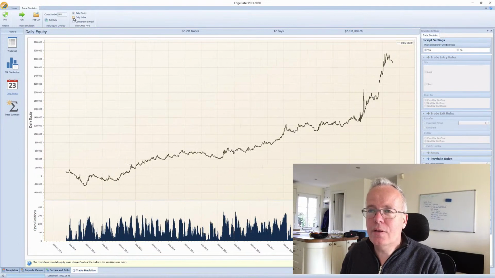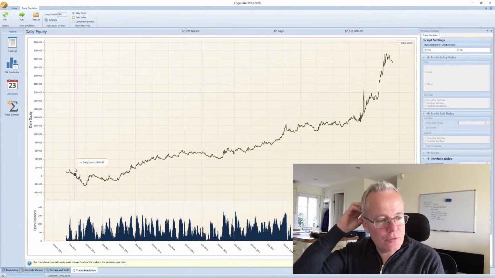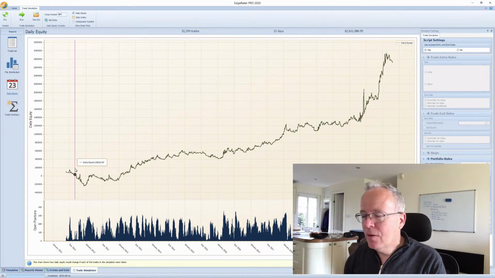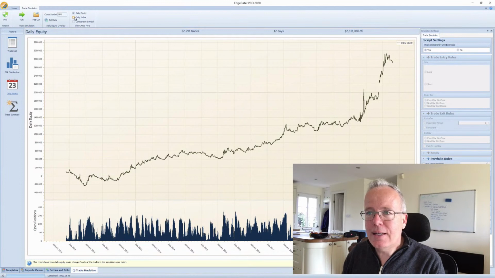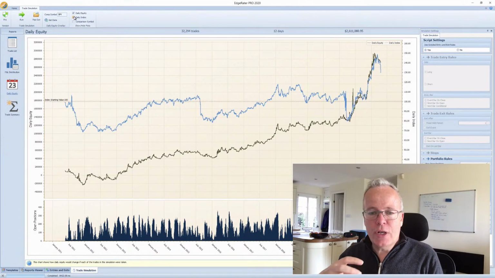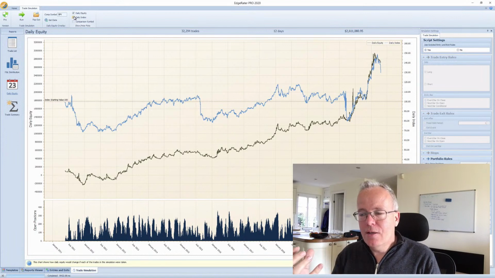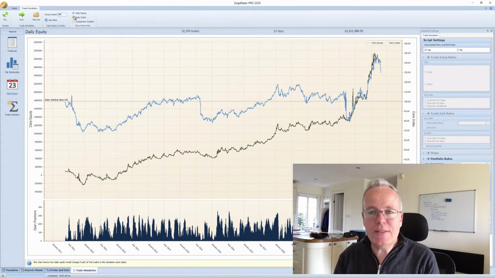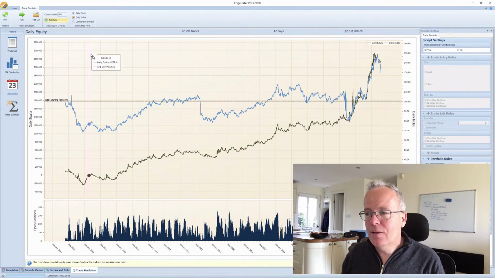You can look at either the daily equity itself, which is a snapshot of things as they occurred, and then there's this daily index, which is trying to take all of the trades that occurred on any one day, averaging out the percent gain for that block of trades, and creating an index from that. So it's more of a